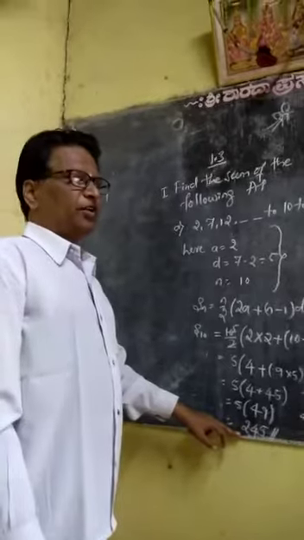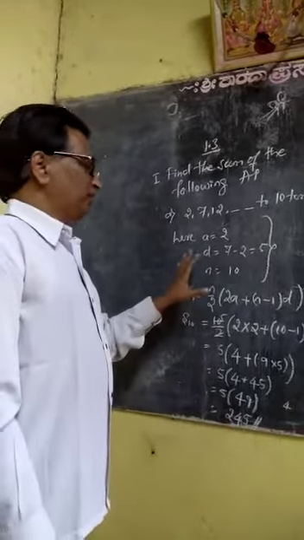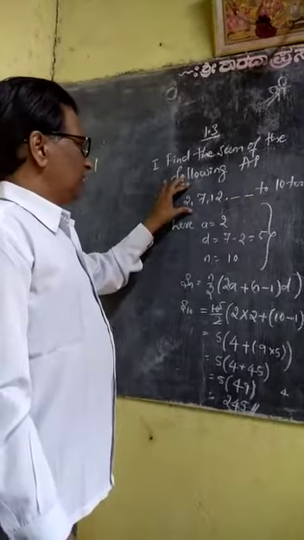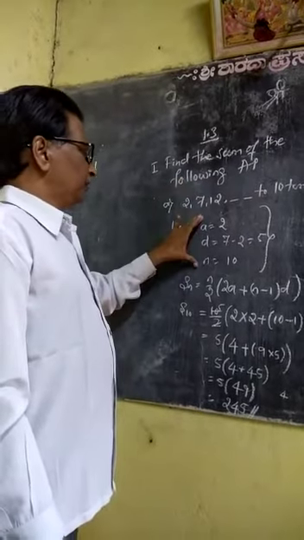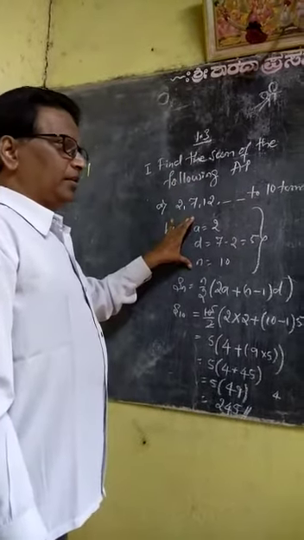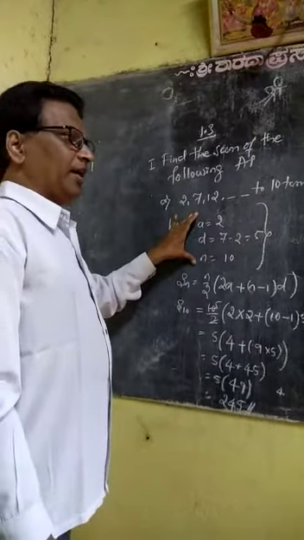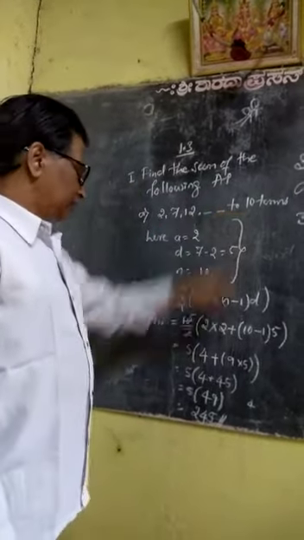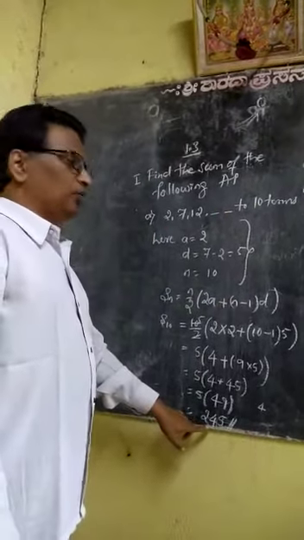I think all of you understood the sum here. So very simple it is. If you know the sequence here, from that sequence find out the given items, and then those terms are to be substituted in the available formula, and then simplify the formula, then you can get the final answer. So the sum of 2, 7, 12 and so on up to 10 terms is here 245.